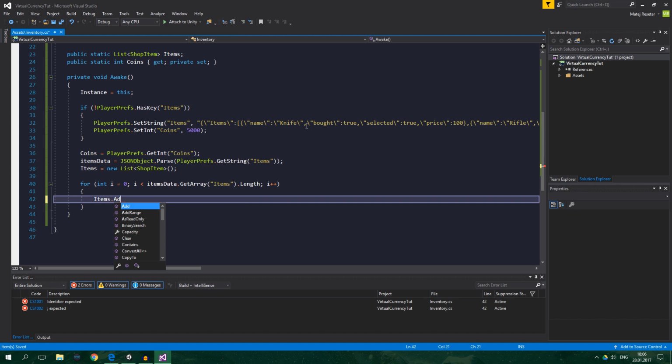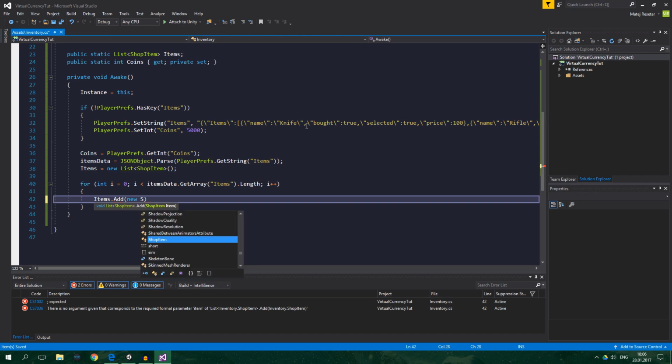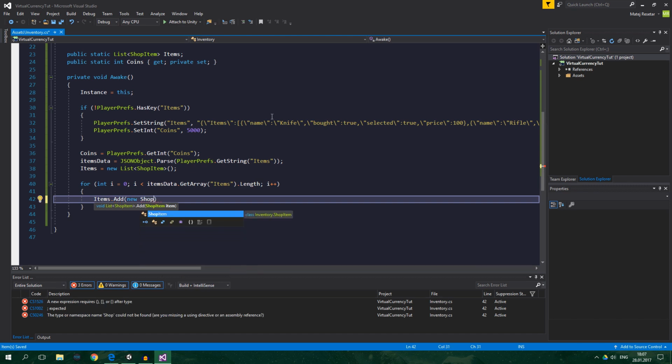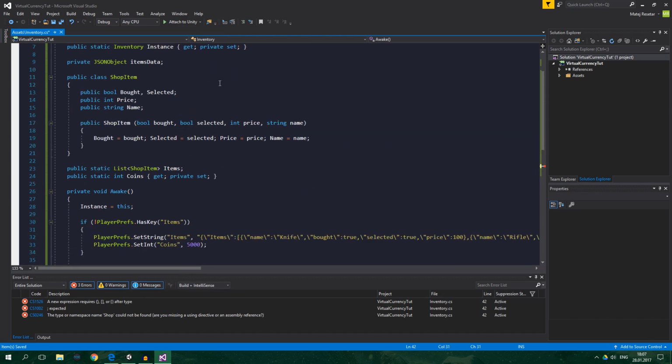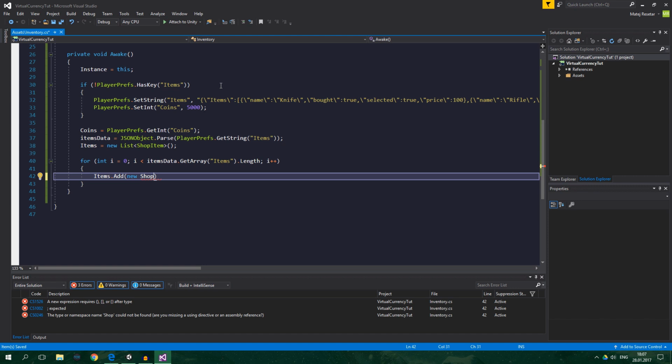Dot add, and we want to add a new shop item, which is our class here, shop item. So we want to add a new shop item, and this is going to invoke the constructor, and we have to supply the boolean bought, boolean selected, and so